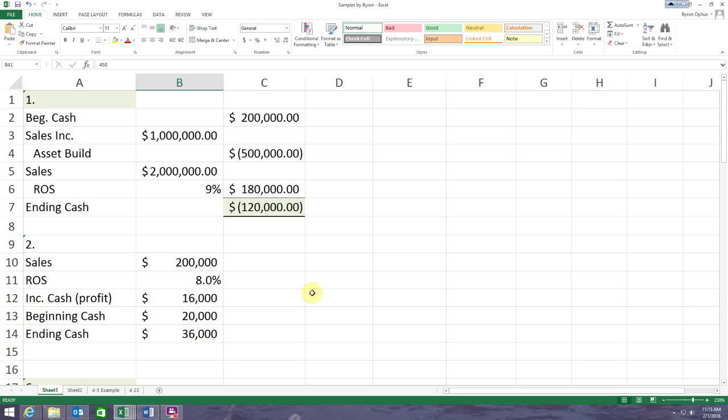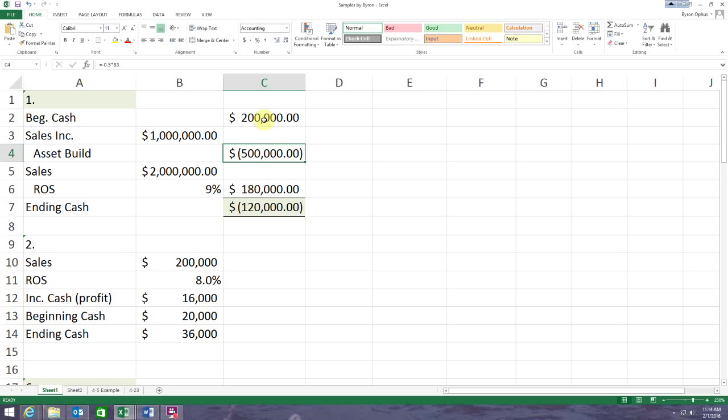So here we go, and I've used some different numbers, but it's the same problem, just different numbers than you guys have. I said that my beginning cash was $200,000 and that my sales increase is $1 million. Okay? And so I'm going from 1 million to 2 million. And like your problem, my asset build is going to be $500,000. And what's important about that is that that's going to be a cash drain, right? That's obviously going to take away from my cash if I have to put $500,000 into building my plant or whatever,